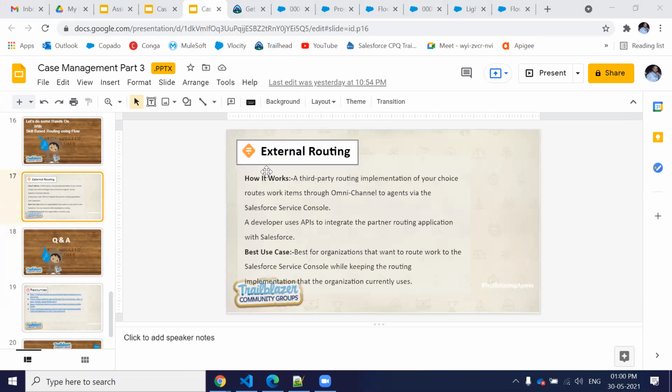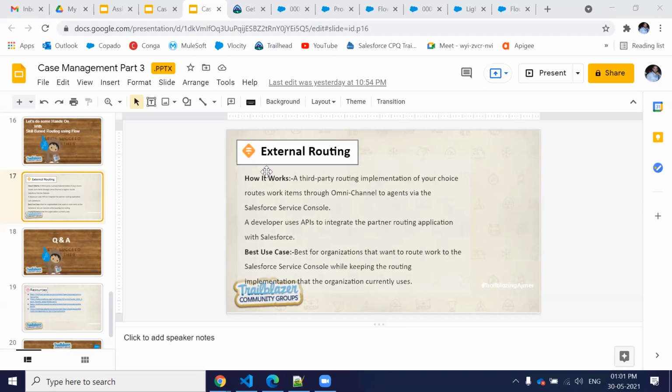Suppose they are using Microsoft Dynamics, and Microsoft Dynamics already has a routing configuration and omnichannel setup. Now they're going to use Salesforce, and they want to use the same thing inside omnichannel. So they're not going to define the routing configuration again inside Salesforce. They can pull the Microsoft Dynamics routing configuration, call it external routing, and use it inside Salesforce directly. To do that, you have to define the routing configuration.